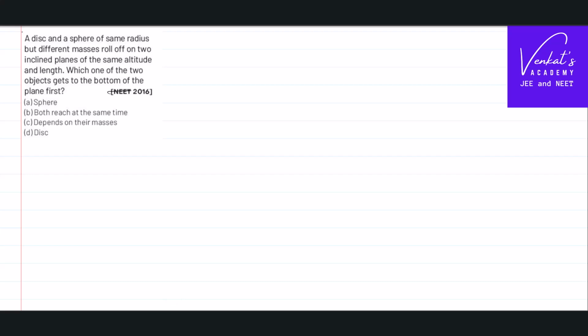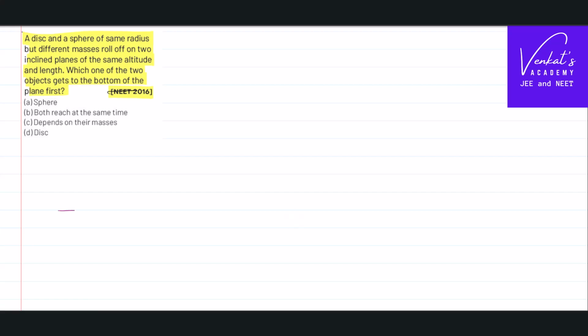This is a NEET 2016 question from rotatory dynamics. The problem is like this. A disk and sphere of same radius but different masses roll off the inclined plane of the same altitude and length. Which of the objects will reach the bottom first? So the question that was being asked is,